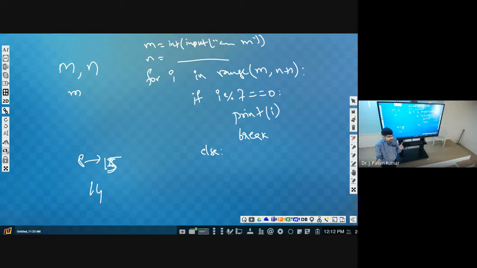Understand? In that case, whenever we use break, then we need not display, there is no multiple of 7. Whenever the loop is terminated normally, normal in the sense from m to n we have repeated, still we didn't find any factor, then we can conclude that there is no multiple of 7.